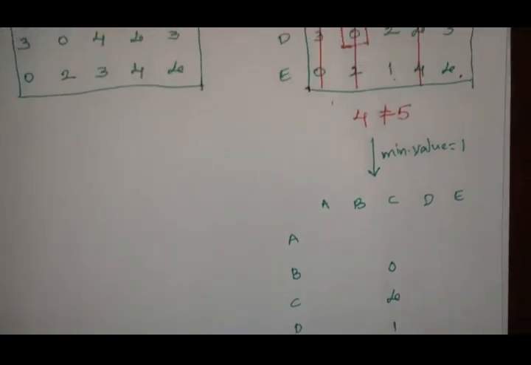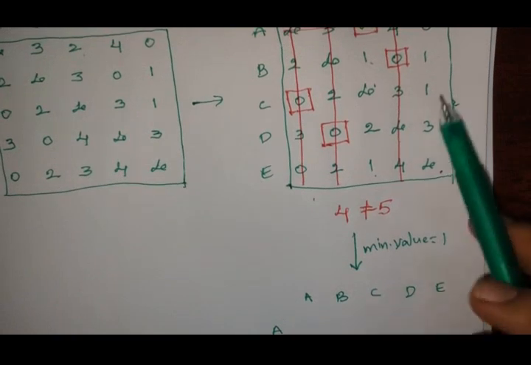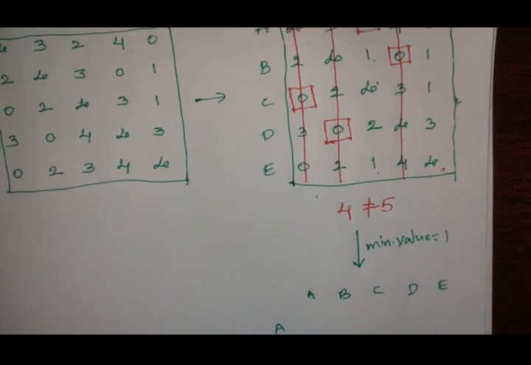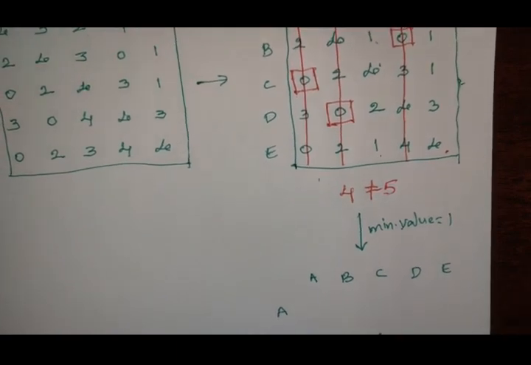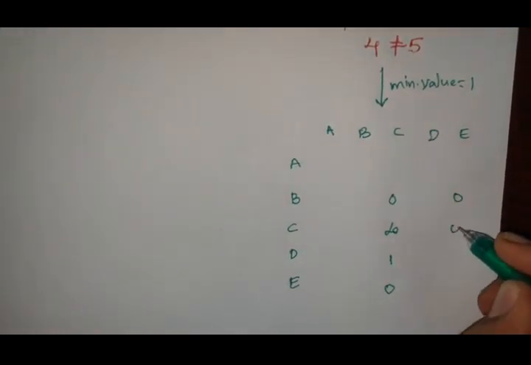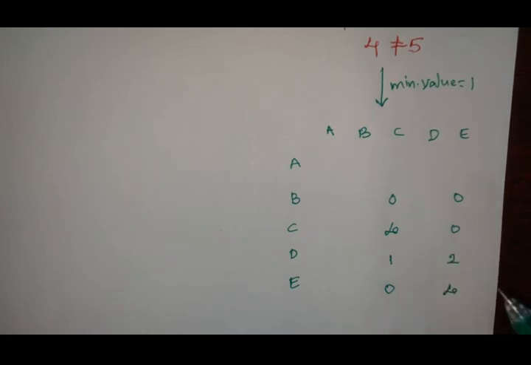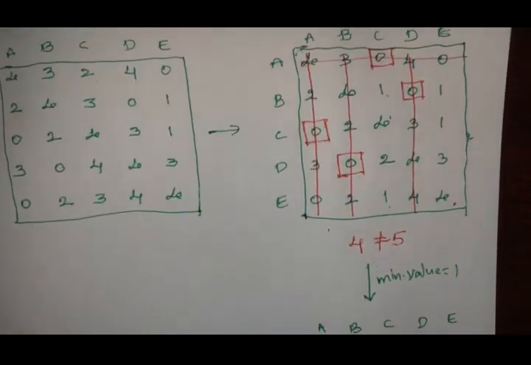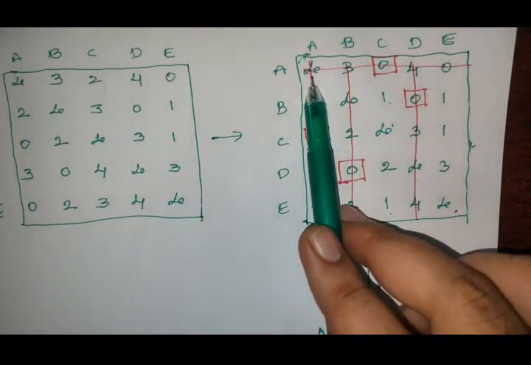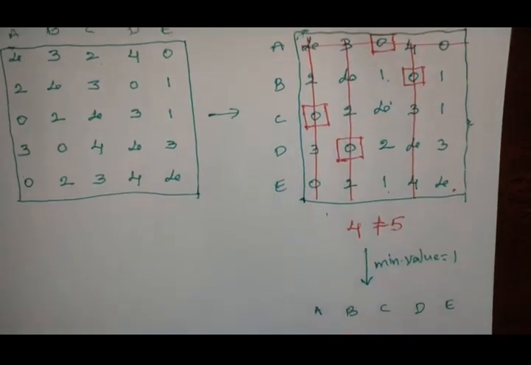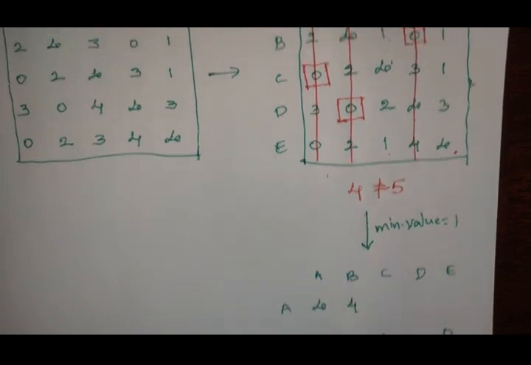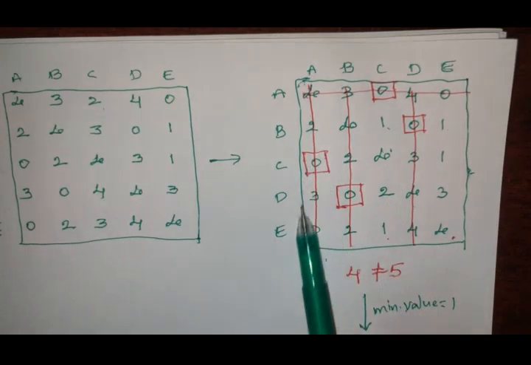And next let's go for the fifth column. Here 1 minus 1 is 0, 1 minus 1 is 0, 3 minus 1 is 2, infinity minus 1 is infinity. So 0, 0, 2, infinity we will get. So let us write those values here: 0, 0, 2, infinity. And then let us write the junction values. So these two are the junction values or intersection values. Infinity plus 1 is infinity, 3 plus 1 is 4. So now let us write them: infinity and 4.